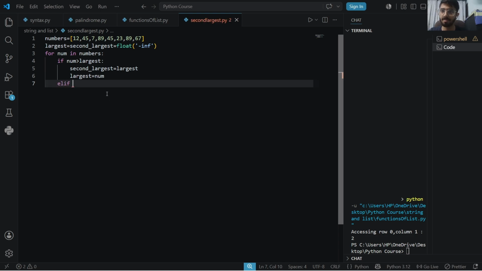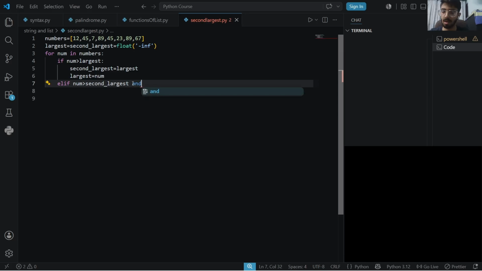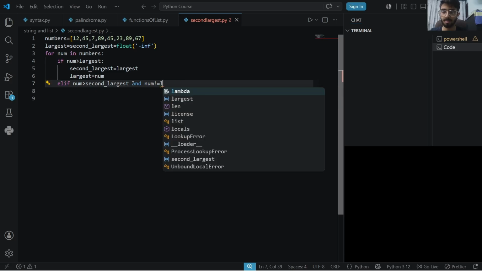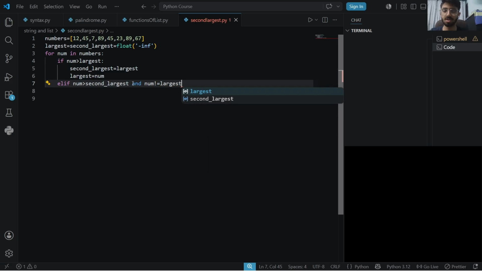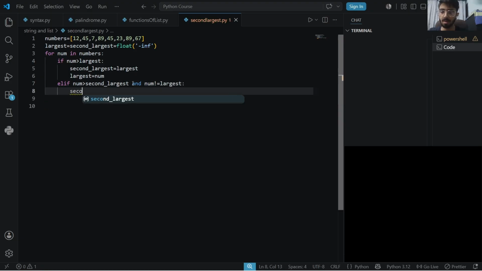Else if my number is greater than second largest and my number does not equal largest, then in that I will do second largest is equal to my num,